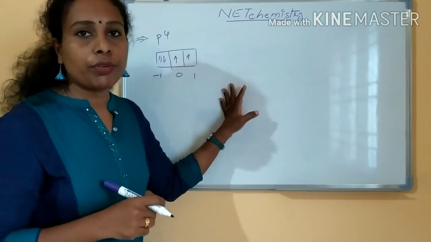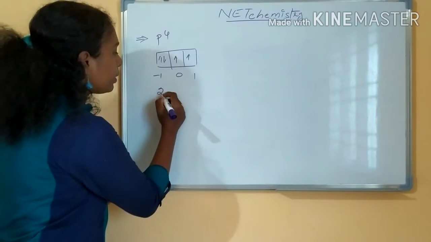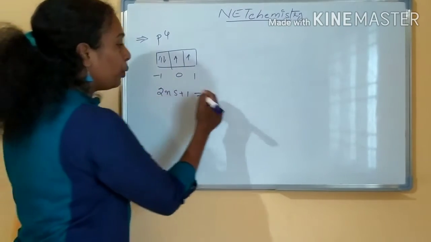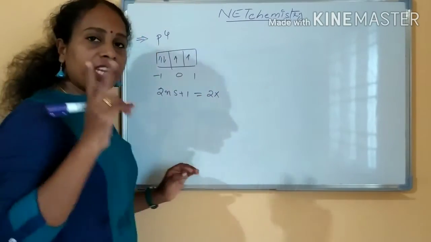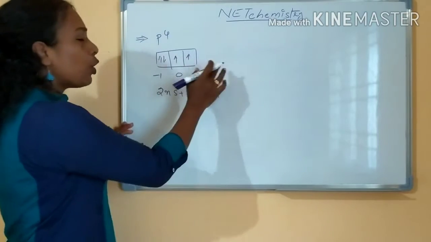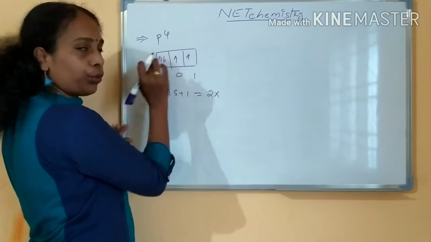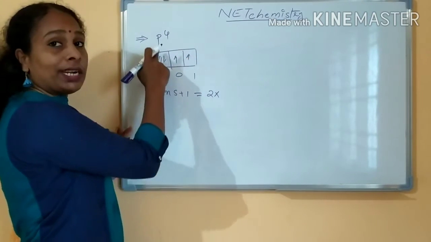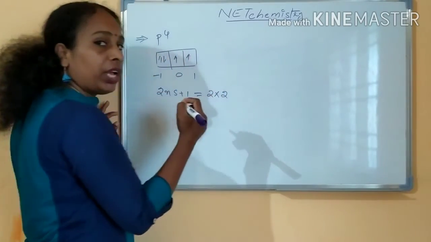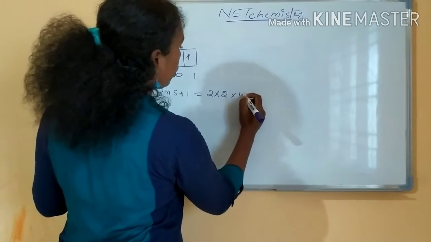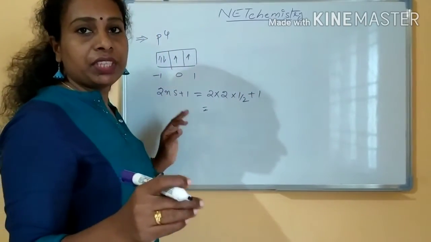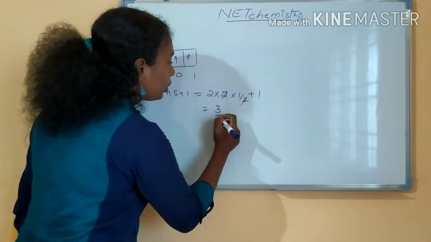This is the p4 configuration, right? So 2S plus 1 value we have to calculate first as we are doing. 2 into what is the n value? N is the number of unpaired electrons, not paired electrons. So how many unpaired electrons are here? Only 2 unpaired electrons are there. One is a paired electron, not 4. So 2 into 2, n value is equal to 2 and S equal to 1 by 2, plus 1. Only unpaired electrons have the spin, right? So we will be getting the value 3, right?